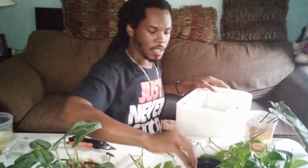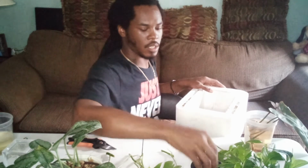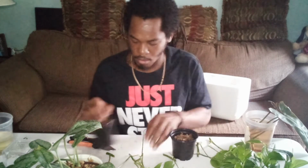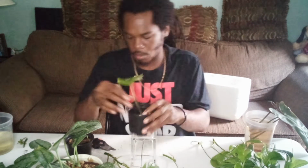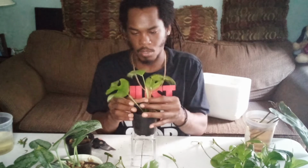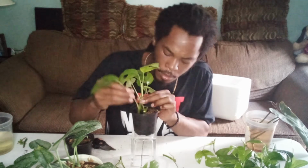I'm just filling up these little pots here, guys, with my sphagnum moss mix, which is perlite. Of course, sphagnum moss. I have garden mulch and potting soil and garden soil. It's my mixture. All right. Let's bring these down so you guys can see what is going on here. Now, I probably should have put this one in first, one of the weirder, longer sticker ones. There's one. There's 2. If I'm not mistaken, I think 3 in one pot and maybe 4 in another. There's 2. Yep. And then, yeah, 3 in the other. So putting 4